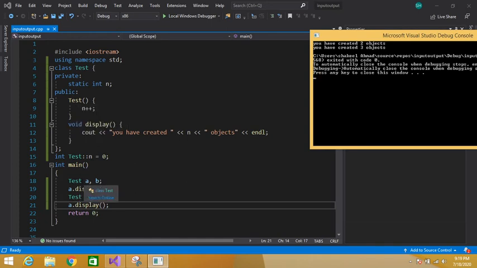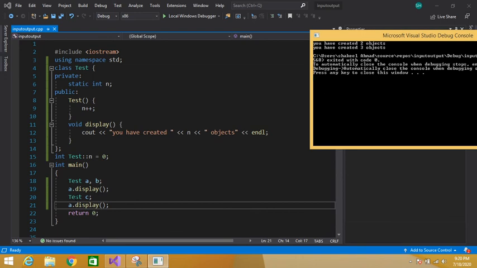So when I created these two objects, our constructor is executed two times, and it increments the static variable, which started at 0. So you have created two objects is printed on the screen.